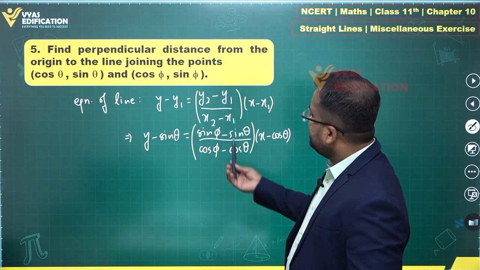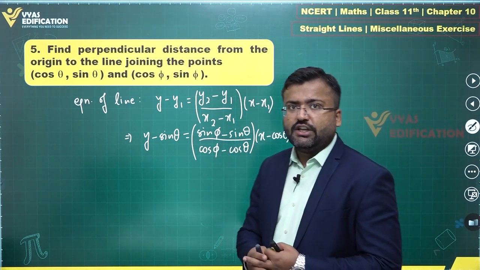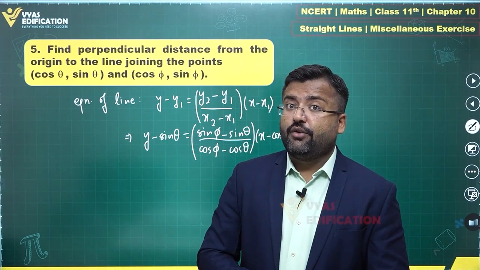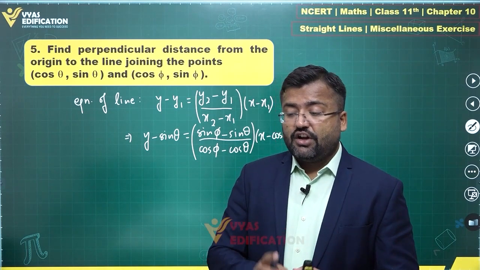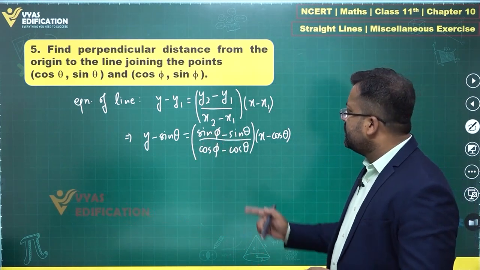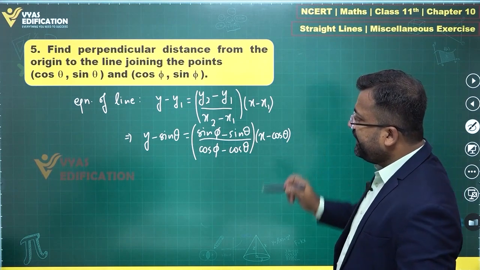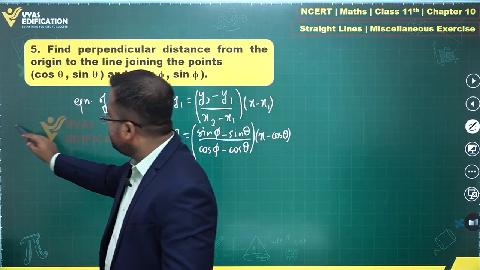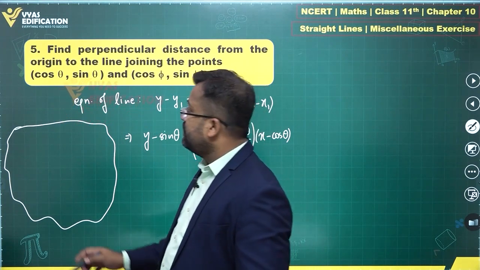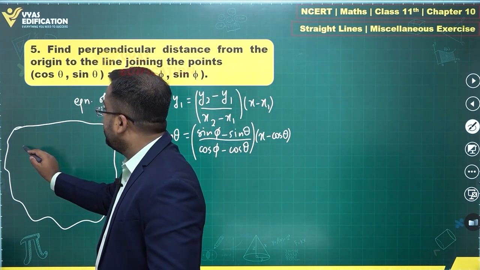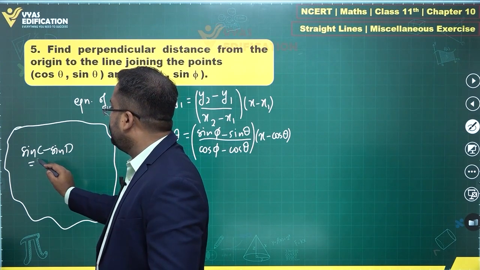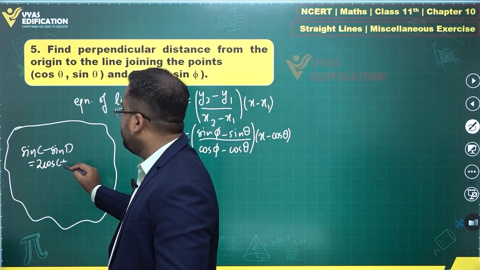What is that? This is sine C minus sine D. Do you see sine C minus sine D? Can I apply concepts of trigonometry over here? Yes, transformation of sum or difference into product maybe. So what is sine C minus sine D equal to? Let me write the formula somewhere. Let us use this space for writing the formula of sine C minus sine D and cos C minus cos D. So sine C minus sine D is equal to 2 cos (C plus D) by 2